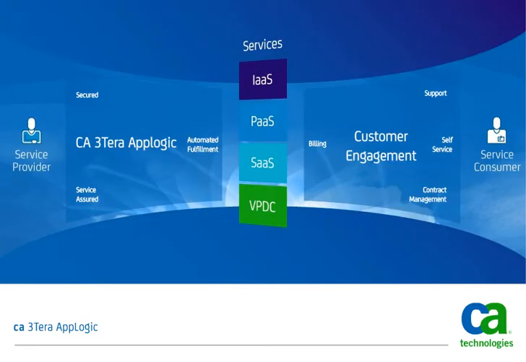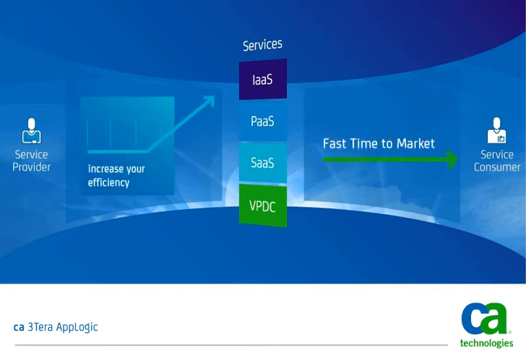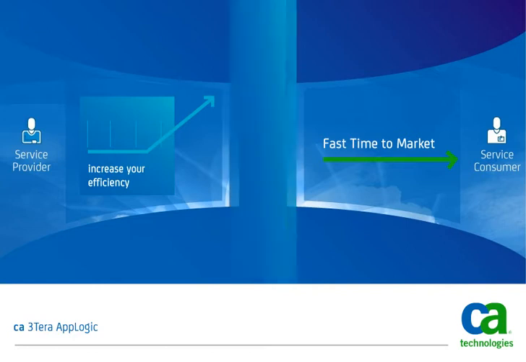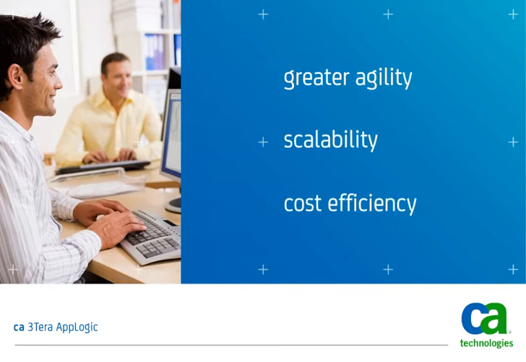CA 3TB AppLogic is a turnkey cloud computing platform that increases the efficiency of your resources while providing a way for you to drive new revenue-generating services to market quickly. Designed for MSPs, CA 3TB AppLogic enables you to achieve far greater agility, scalability, and cost efficiency in cloud computing